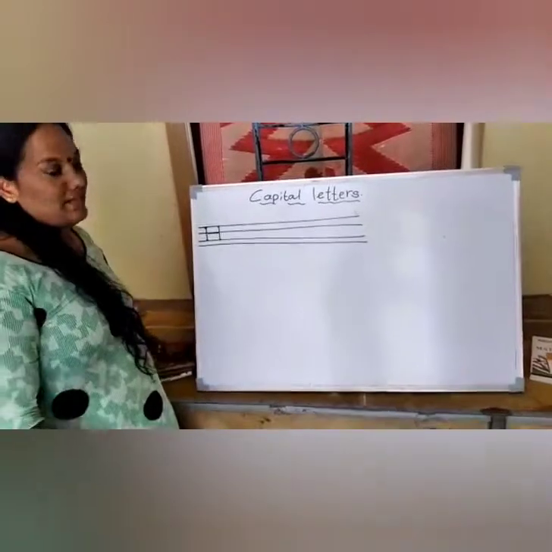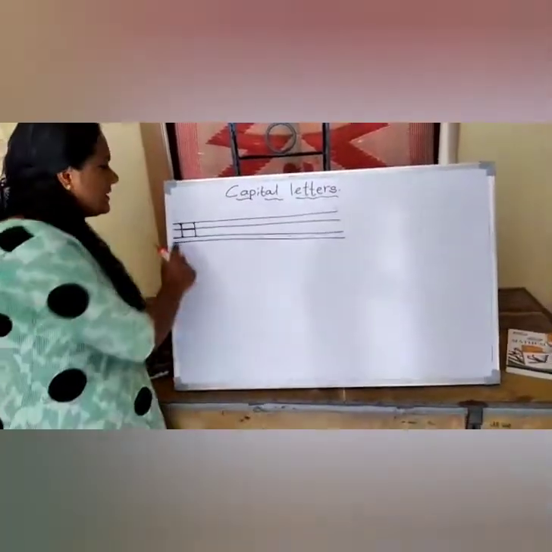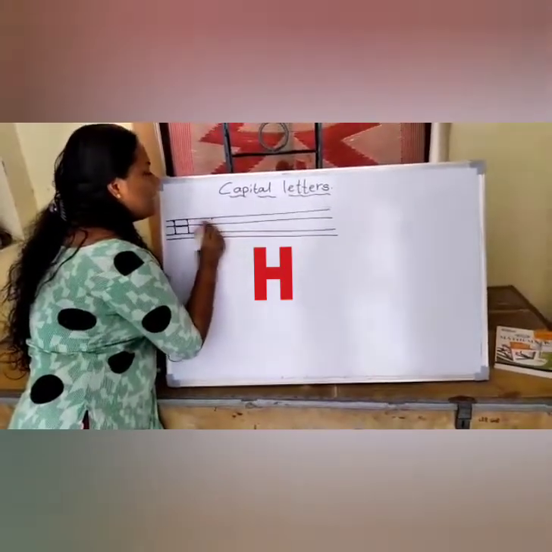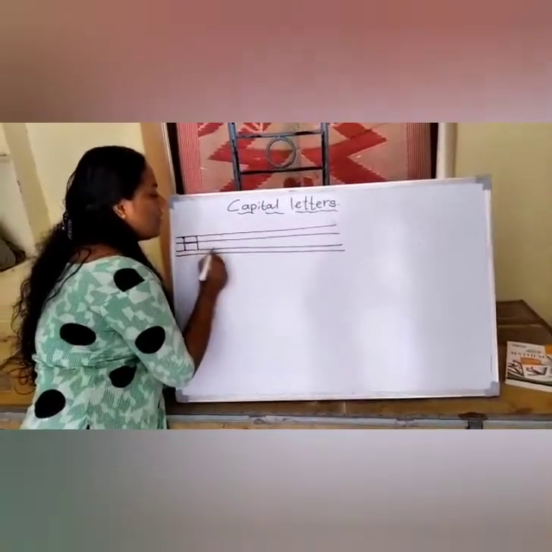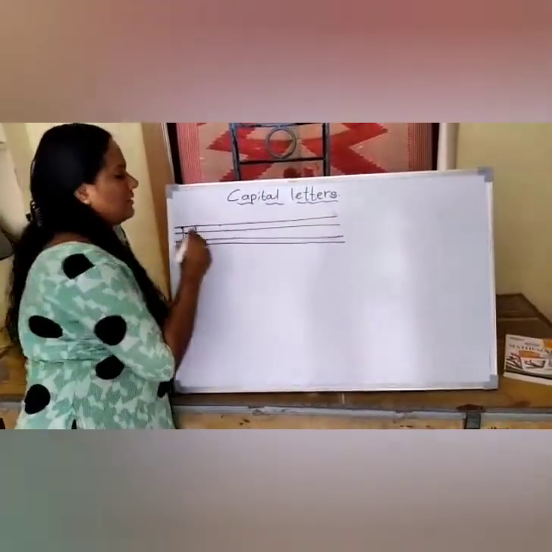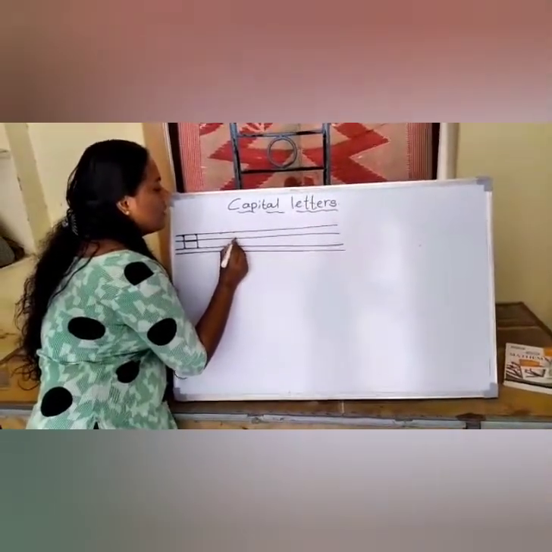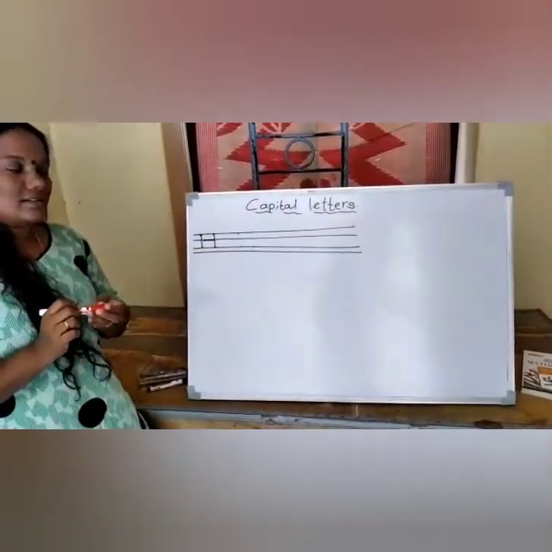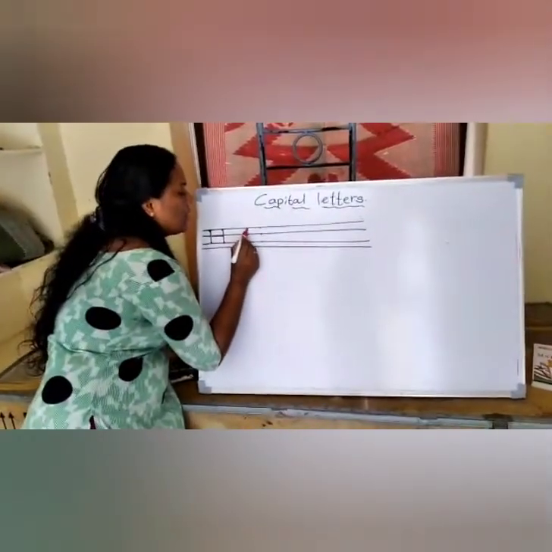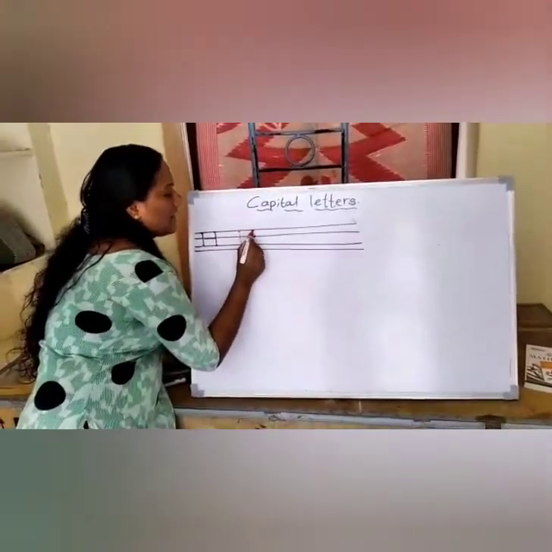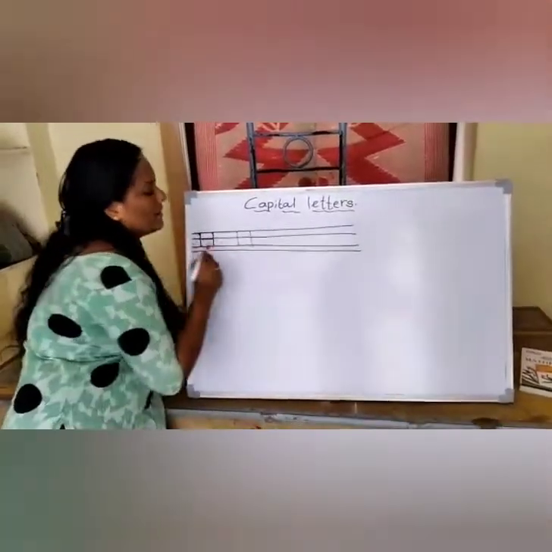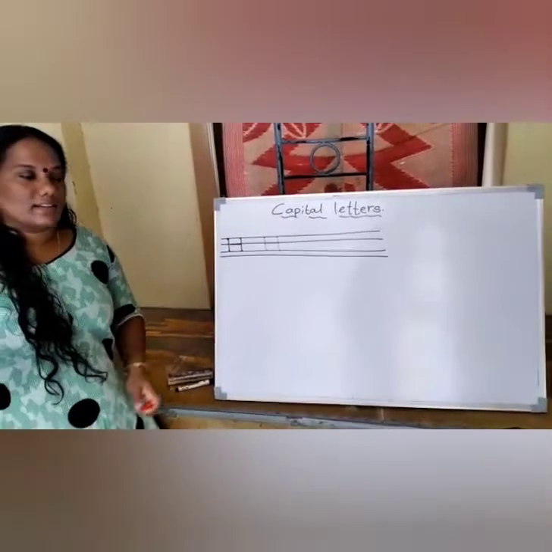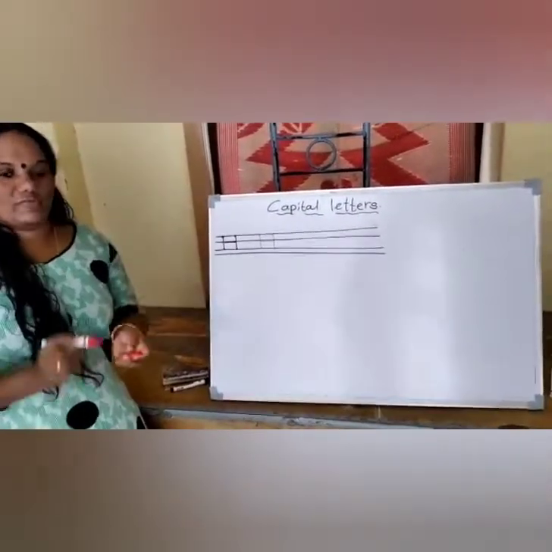One more time I am telling. How to write H? Very good. Up, one dot. Next, one more dot. Down, another one dot. Then the right side like that. 1, 2, 3 dots are there. Okay. How many dots are here? 3 dots. Then up to down one big line. Right side like that only, one more line. Then in the middle we have to join one small line. So what is the letter? H. Now you understand what I wrote?